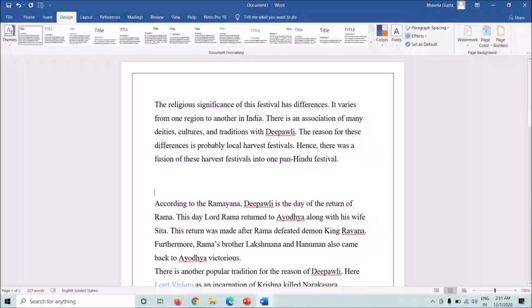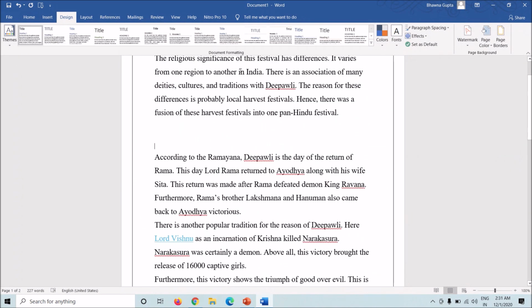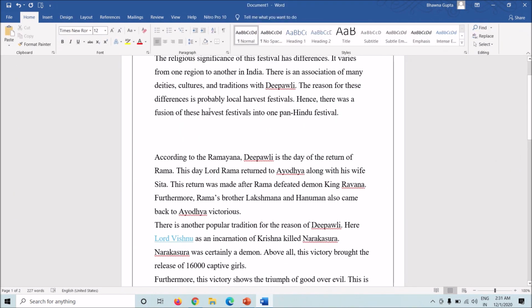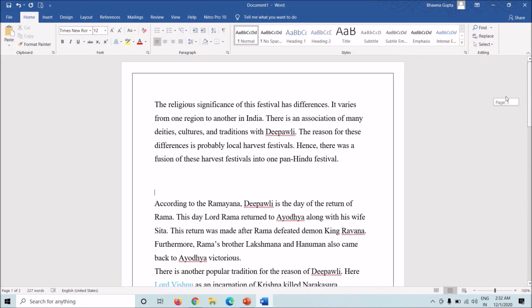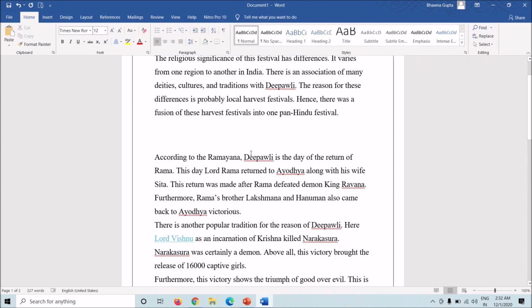Now I have 2 pages in this document. It is very easy to change the color of the entire page. However, what is tricky is when you want to change just the color of the first page of the document, and not the rest of the pages. First of all, I'll show you how to change the color of all the pages.